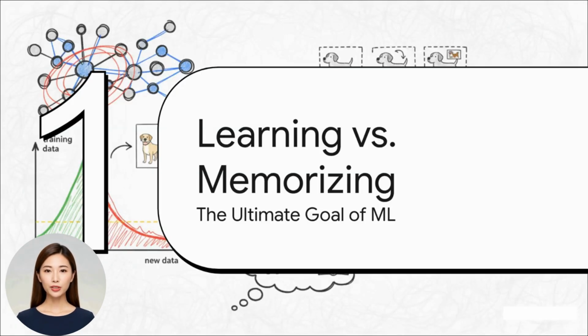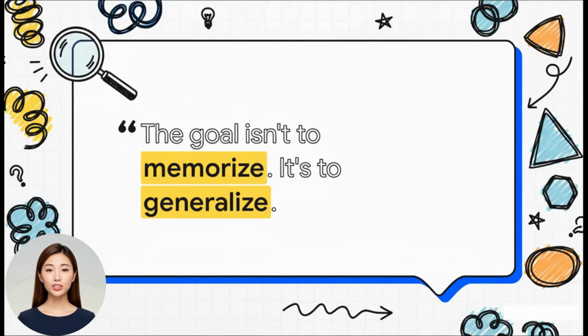So as we wrap this up, let's just circle all the way back to that core idea. Everything we've talked about today, the problem itself, how to spot it, how to fix it, it all boils down to one fundamental difference. And this quote just says it all. A model that only memorizes is basically just a fancy searchable database. But a model that can generalize, that's a model that has actually learned something useful and meaningful about the world. And that is always the goal.